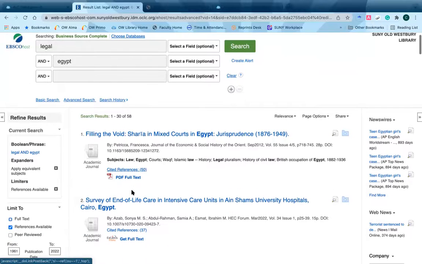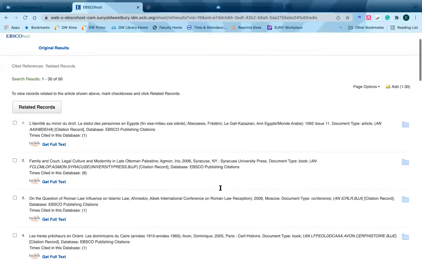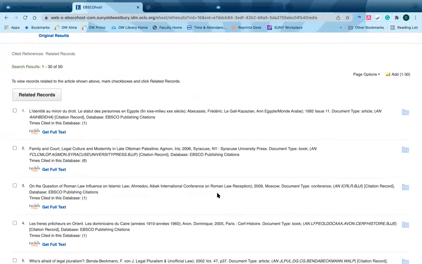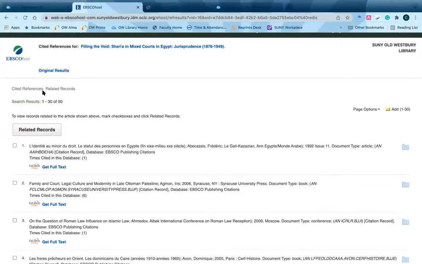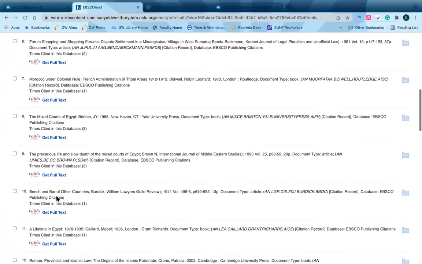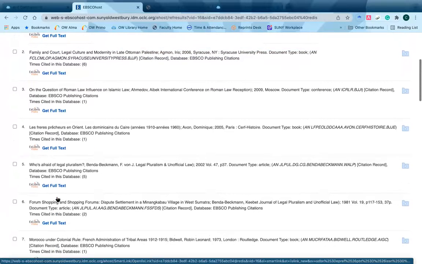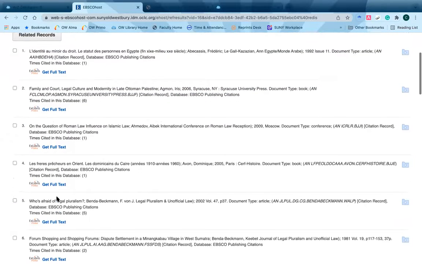So you click here where it says cited references. And these are all of the sources that were used in the original article. So the original article is Filling the Void. This is as an example. So the reference list for Filling the Void is everything that is here. Sometimes we have access to information, sometimes we don't. So let's say you wanted to look at, just as an example, one